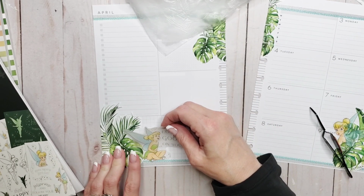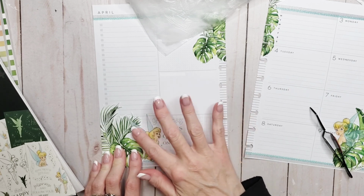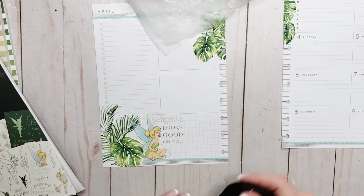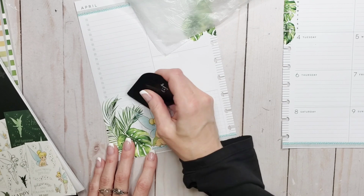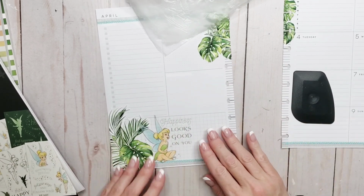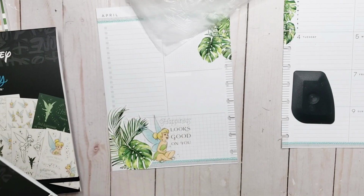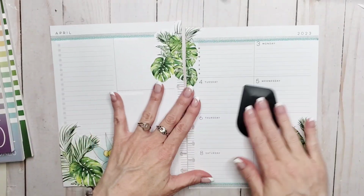I'm like, oh, irritated. Okay, so I think we're going to plunk her down sitting right there because that's just way too cute. Where's my sticker swisher? And do that. I'm not particularly fond of the quote, but whatever, it's cute. Okay, so now for that section, we're going to put those aside for a bit